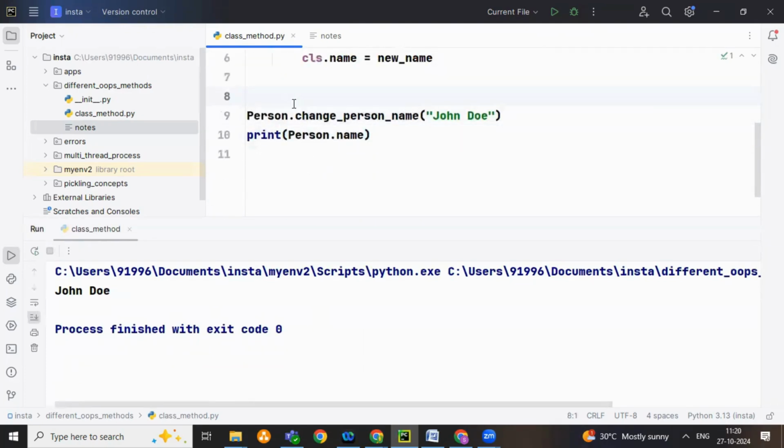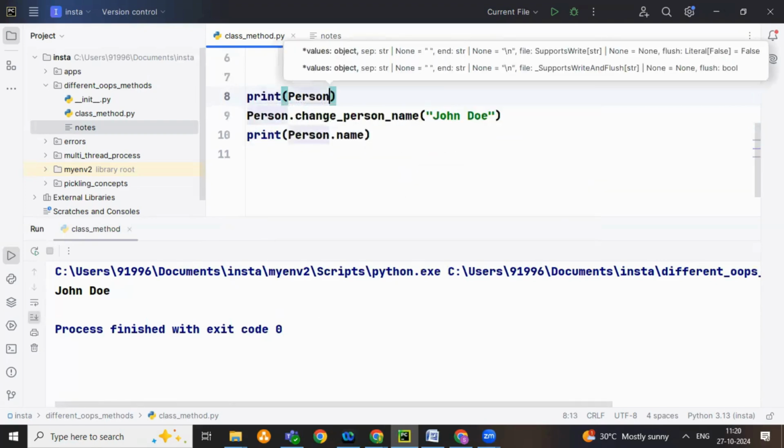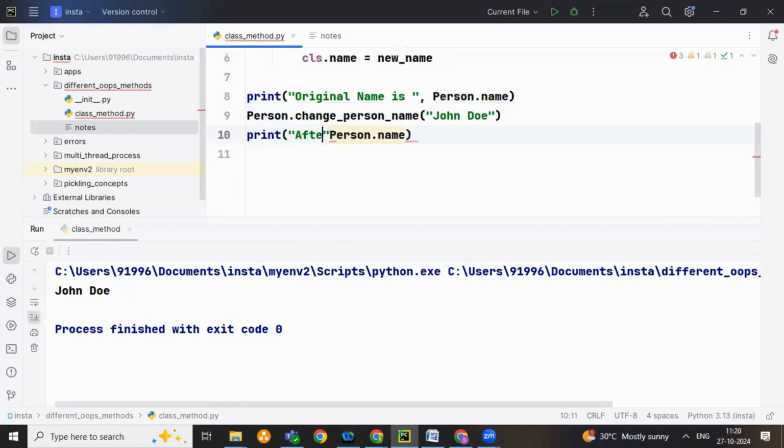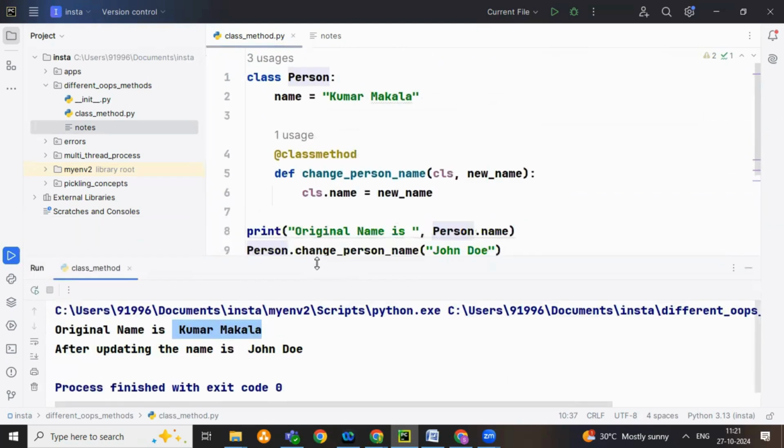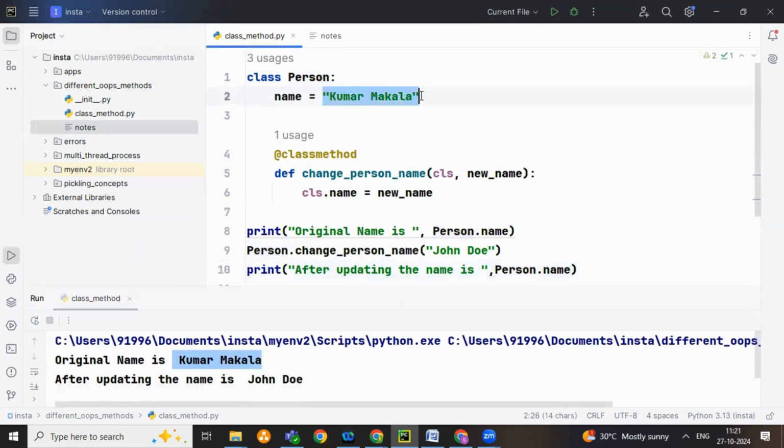Before that, also print Person dot name. So this is before updating, the original name is this. And after updating the name, now when I trigger this, guys, did you see this? The original name is Kumar Makala, because we defined the original class name as Kumar Makala,